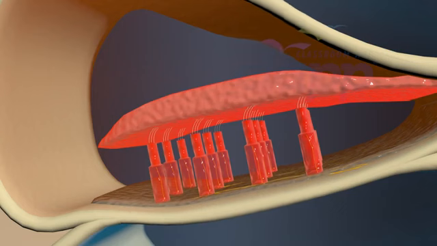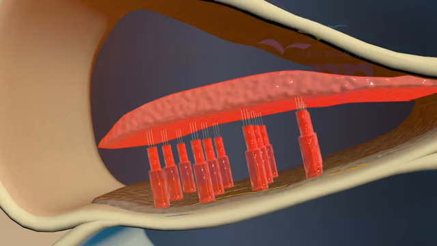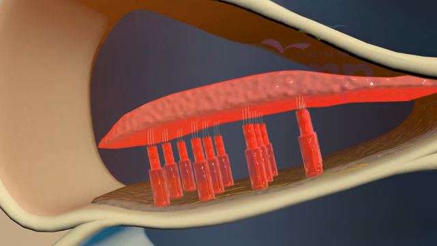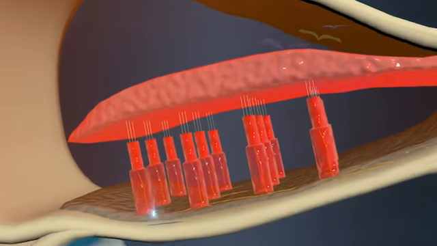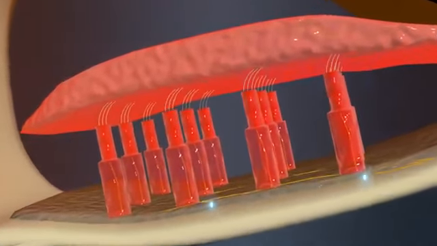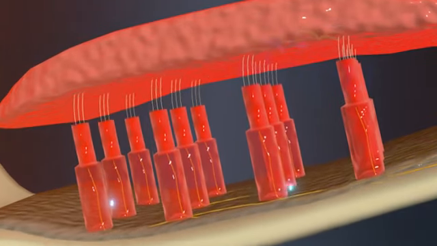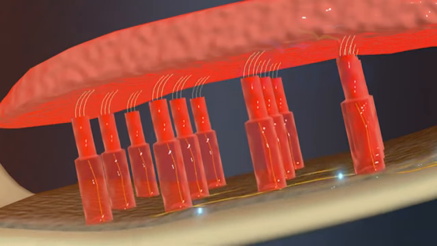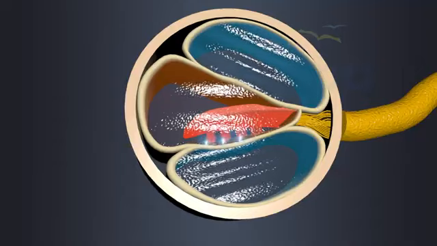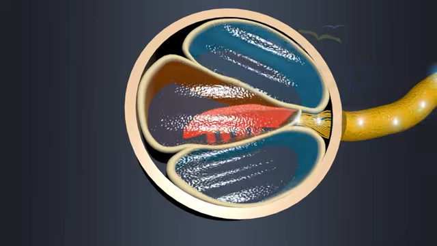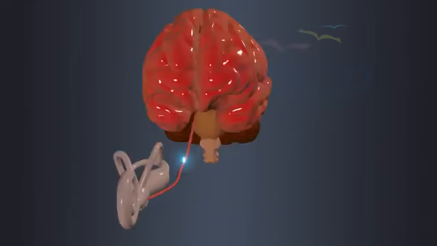The movement of the endolymph causes the basilar membrane to move, and this causes the movement of hair cells in the basilar membrane. The stereocilia, which are situated on top of the hair cells, are bent against the tectorial membrane, and this generates electrical signals corresponding to those vibrations. Auditory nerves carry these electrical signals generated by the hair cells and transmit them to the auditory processing centers in the brain, where these signals are interpreted as sounds.